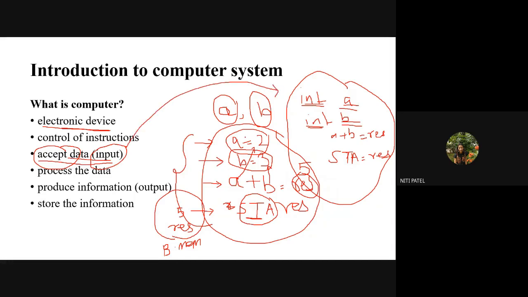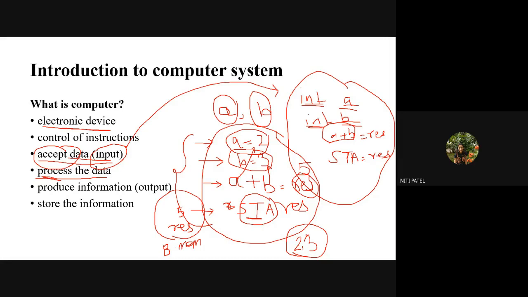Okay. Next, after the input is received, what I have to do with that input is process it. That means as soon as a user has given the input, the function of a computer system is to process that input. What was the input received by the system? It was input 2 and 3. So what is the computer going to do with the numbers 2 and 3? It will process them. It will go into the program and see, I have accepted A, I have accepted B. Now what I have to process is a function. What is that function? A plus B. So what will the system do? It will perform the addition by processing the data, which is 2 and 3.